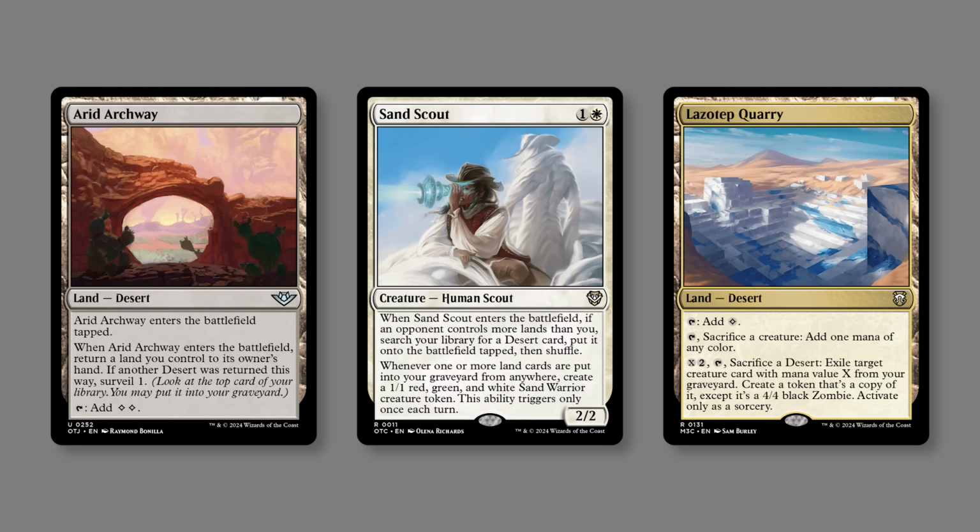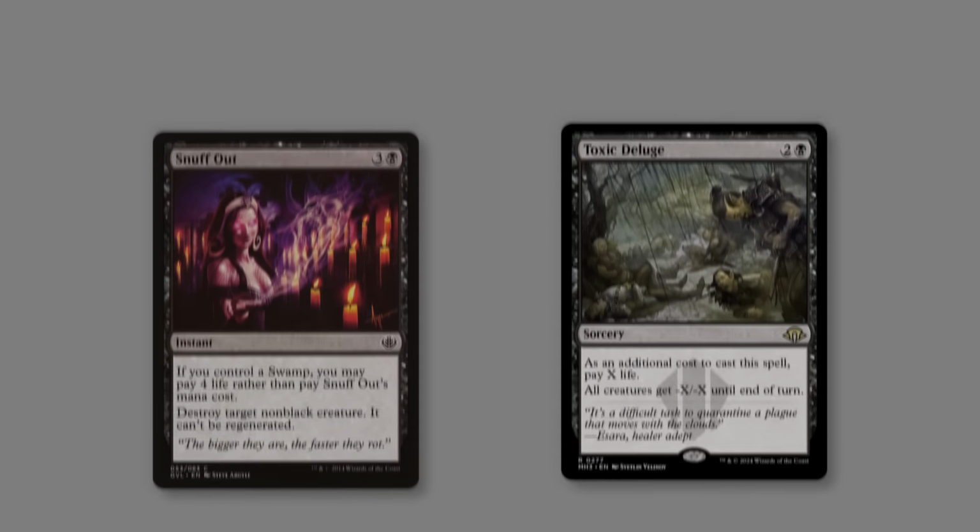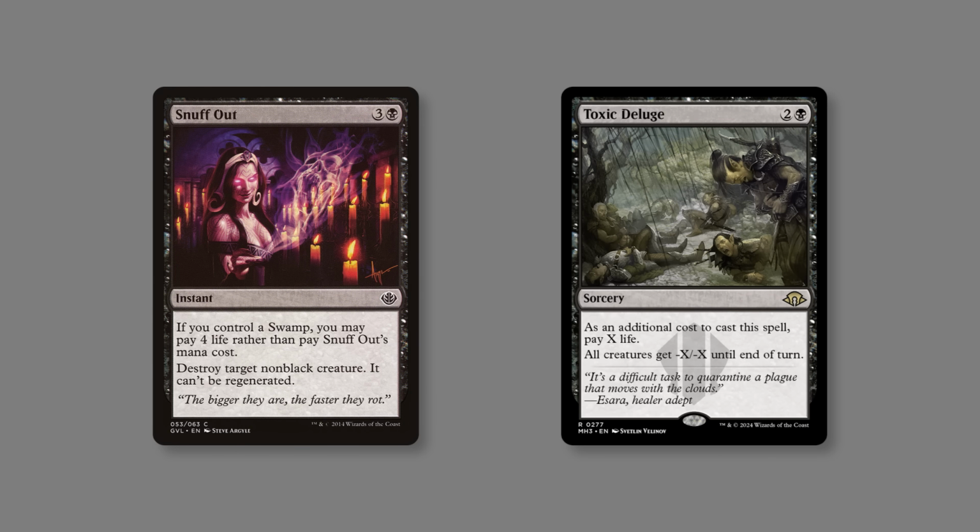Desert Ramp package. Brief aside, everyone knows the iconic turn 2 bounce land into a discard to hand size play, but Arid Archway in the deck did that enough with a big monster in hand that I opted to just run Orzhov Basilica as well. Hilarious. Other life total outlets make sense, like Snuff Out and Toxic Deluge, but there's some rather deep cuts in this